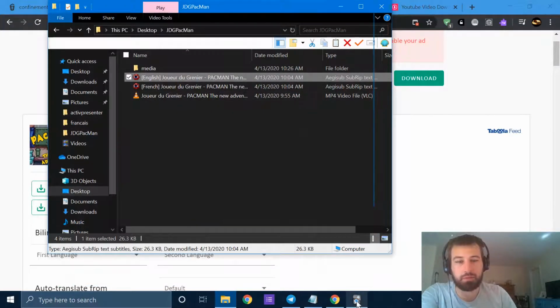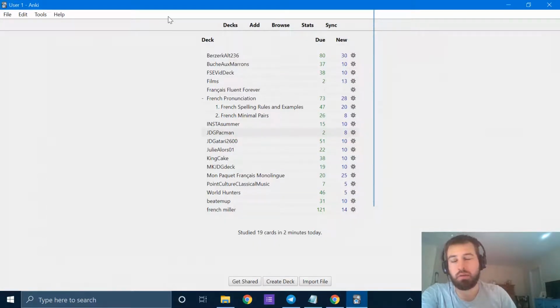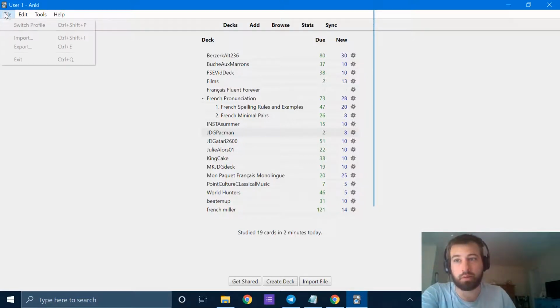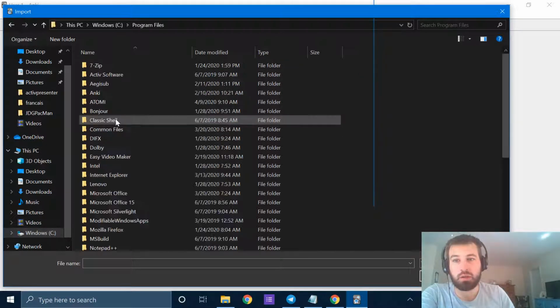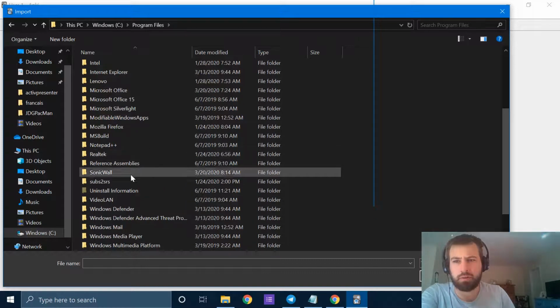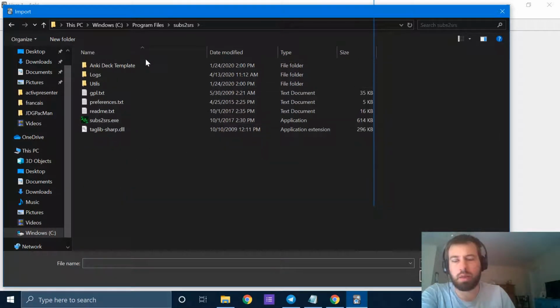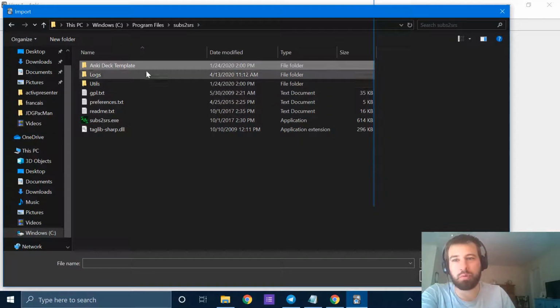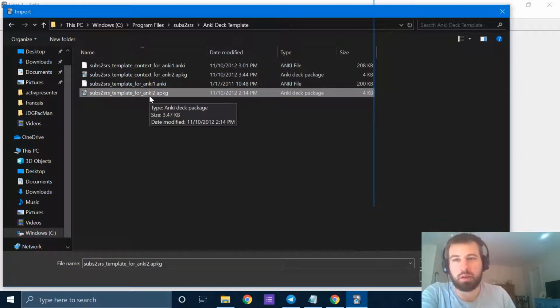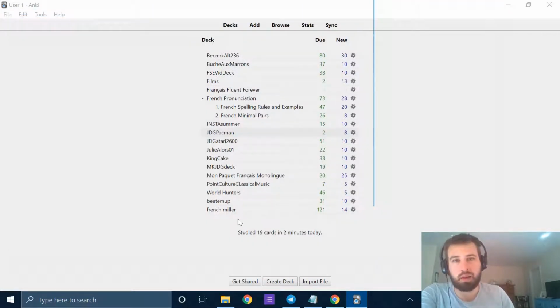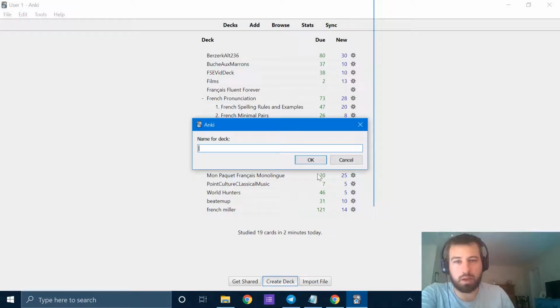The next step after that is finished, you're going to go into Anki, and just one time, I've already done this, you can make a bunch of decks based off this template after the one time that you add it. When you installed SubstoSRS, it came with an Anki deck template. So you're going to go to wherever you installed SubstoSRS. For me, I put it in here. And you'll see a folder called Anki Deck Template that came with the program. You open that up, and there's just a standard SubstoSRS template for Anki 2.apkg. You click on that to import it, and once you import that .apkg file,